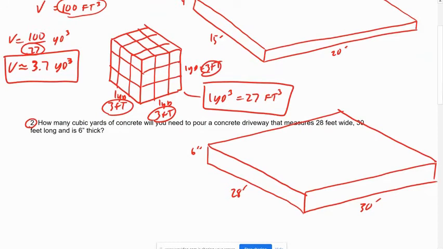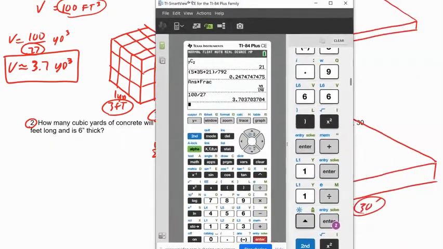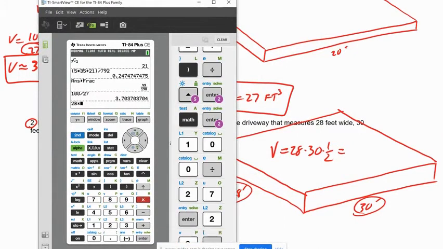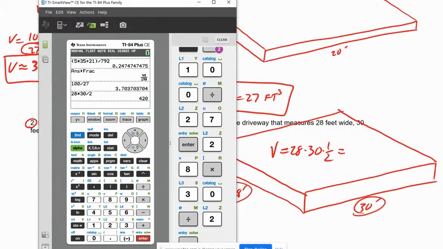Then again, we need to use all the same units. So these 2 measurements are in feet, so we need to convert this into feet. 6 inches is 1/2 a foot, because again, there are 12 inches in a foot. 6 inches would be half of 12. And so the volume of this slab is going to be 28 times 30 times 1/2. And so that is 28 times 30 divided by 2 is 420